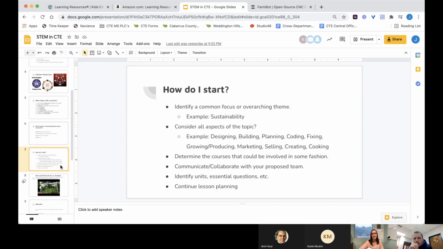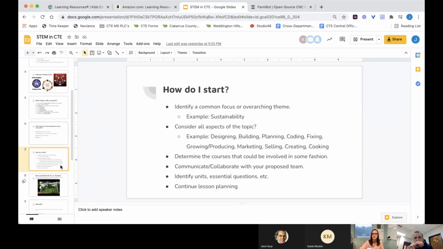All right. So how would I start doing a STEM-based type learning? How would I start doing an interdisciplinary lesson, or problem-based learning? The first thing you want to do, especially with interdisciplinary, is identify a common focus or an overarching theme. So, Mr. Soul, I know you're part of the computer science cohort. This is what we're talking about a lot: computer science is not just a class. So what are the overarching themes within computer science that we can fit into a lot of the different program areas? You'll do something similar to that when you're doing an